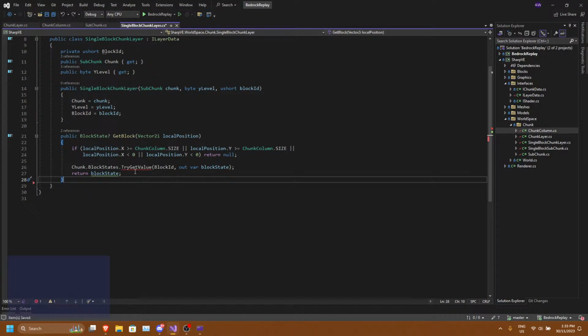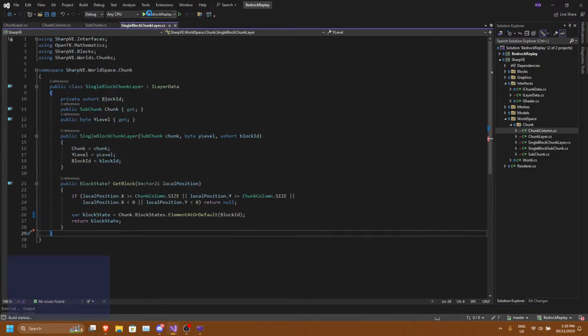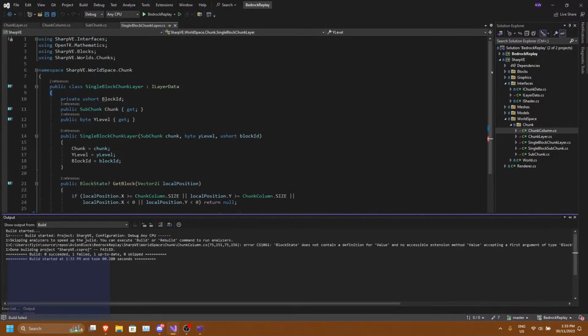What is going on here? Where is block ID? Oh. Because it's global, that means we have to do that. And then we just do that, and then we just do, okay.